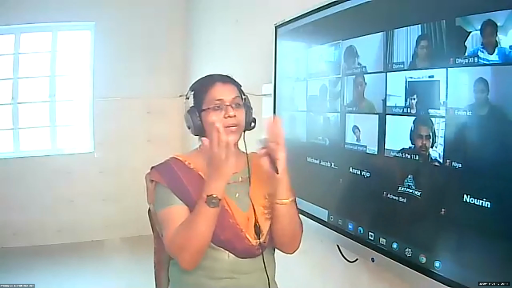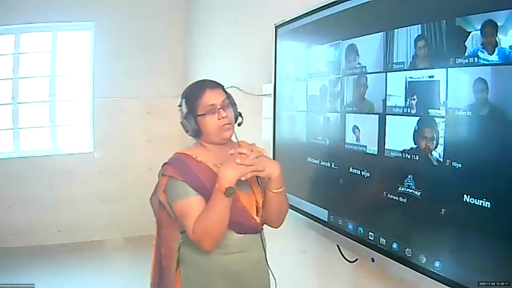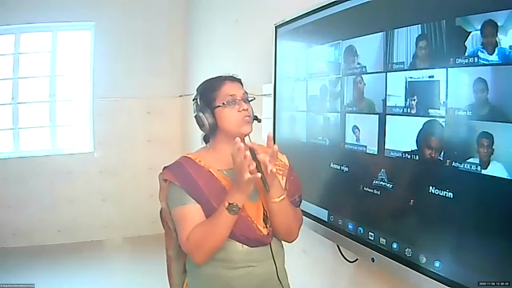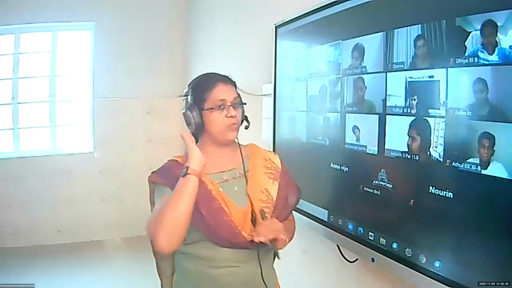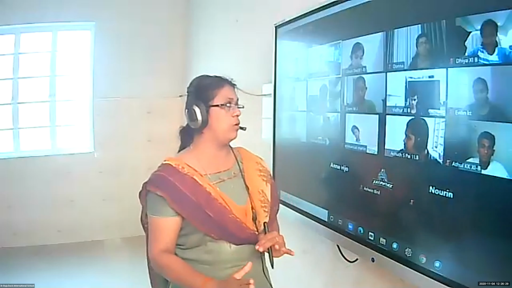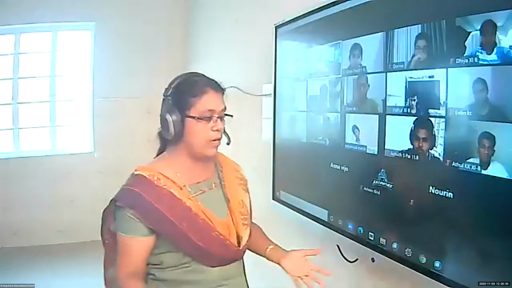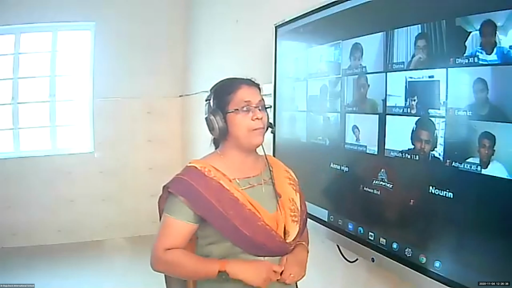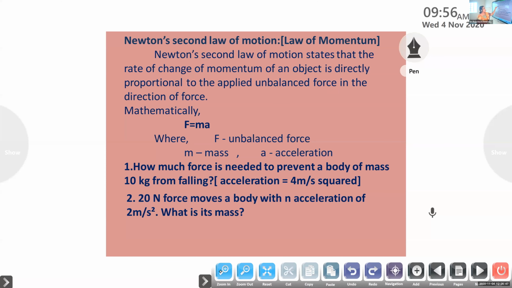There is something relating momentum and force. They are interconnected. So the first equation was formulated by Newton to find the force acting on an object, not gravitational force, the force. If you push a table, how much force are you applying on that? You push a book. This has been calculated by Newton using his second law. So Newton's second law is rate of change in momentum is, do you remember that? Can you complete that? Rate of change in momentum is directly proportional to the applied unbalanced force in the direction of force. So that is Newton's second law.